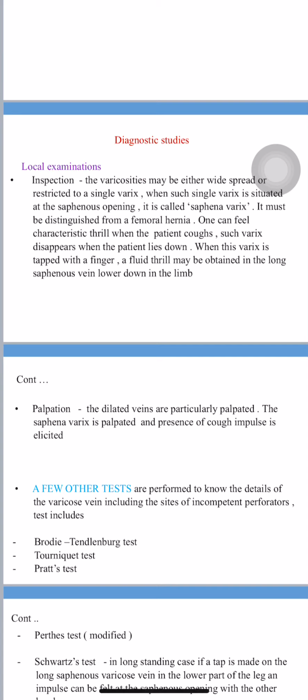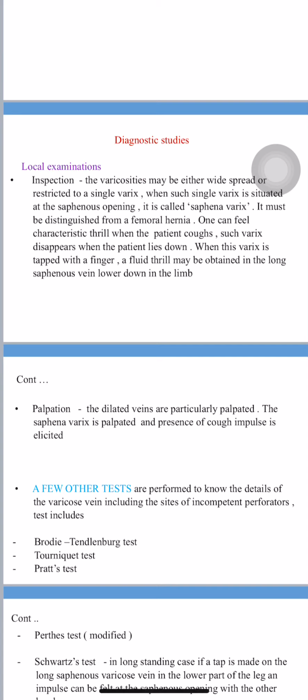So next test is tourniquet test. The tourniquet test can be called a variant of Trendelenburg test. In this test, the tourniquet is tied around the thigh or the legs at different levels after the superficial veins have been made empty by raising the leg in a recumbent position. The patient is now asked to stand up, and if the veins above the tourniquet fill up and the veins below the tourniquet remain collapsed,